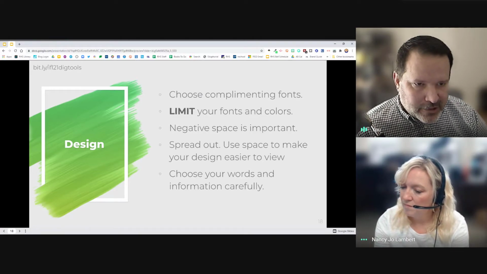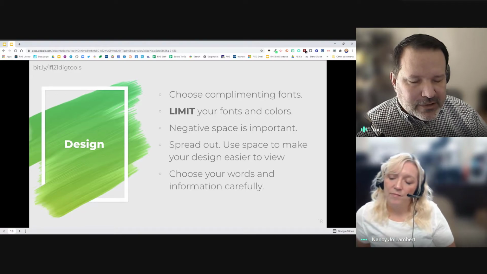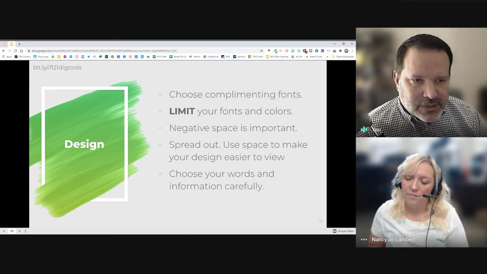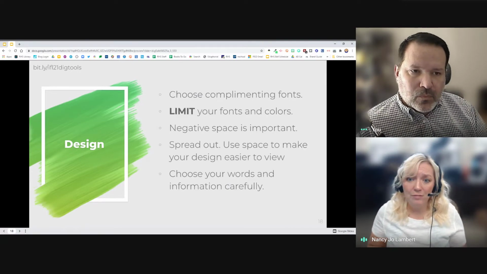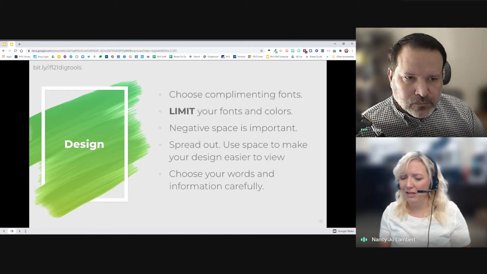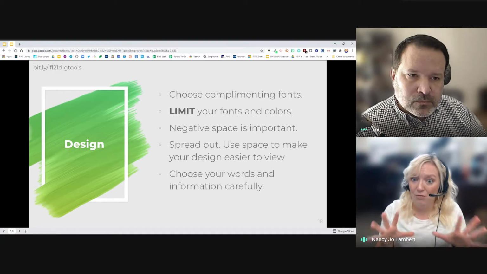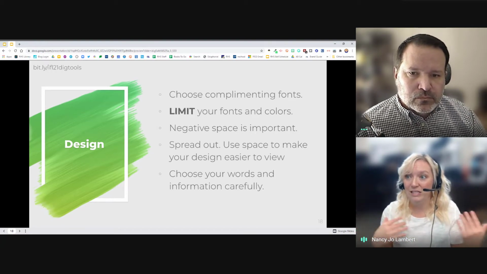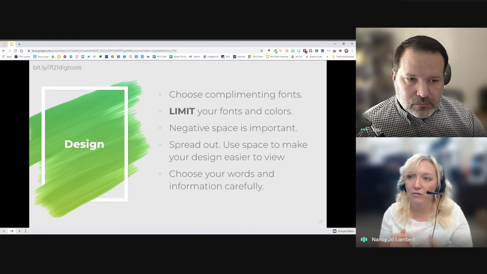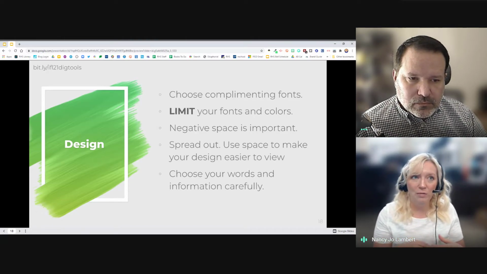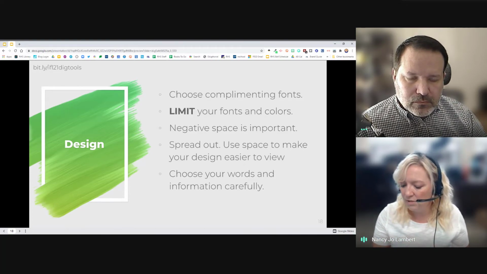You might want to have paragraphs in your presentation, but put that somewhere else, in something that somebody can download and read later. Don't put it in your presentation. And if you're creating images for your website or for a presentation, just make sure you are taking into consideration the amount of words on it. Like, if somebody's going to walk by it and see it for all of 3 seconds, how many words do you really need on that? Or if it's going to be in your presentation, do you really want them reading the entire time that you're talking, or do you want them listening to what you're saying?